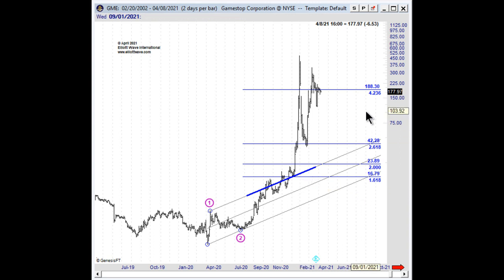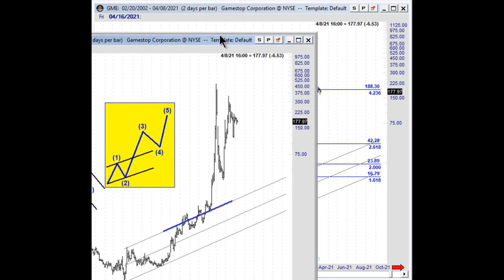Moreover, if we apply our Fibonacci multiples to the chart, you begin to see multiples which are typically present whenever you're working an extended third wave price move. Those would be the higher multiples: 2.0, 2.618, and even 4.236. Okay, so going back to the little diagram that I've drawn,